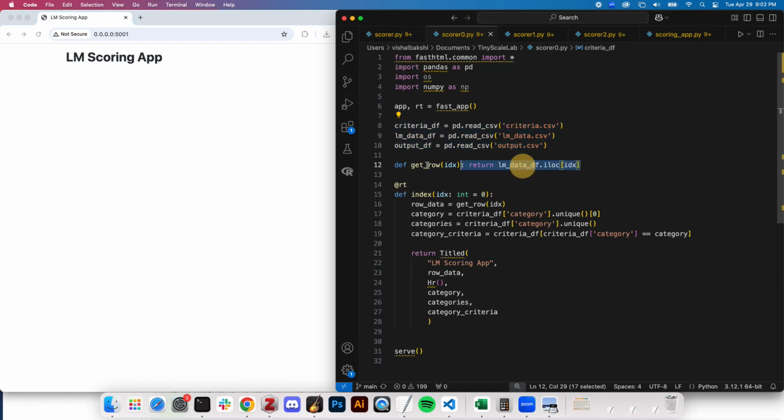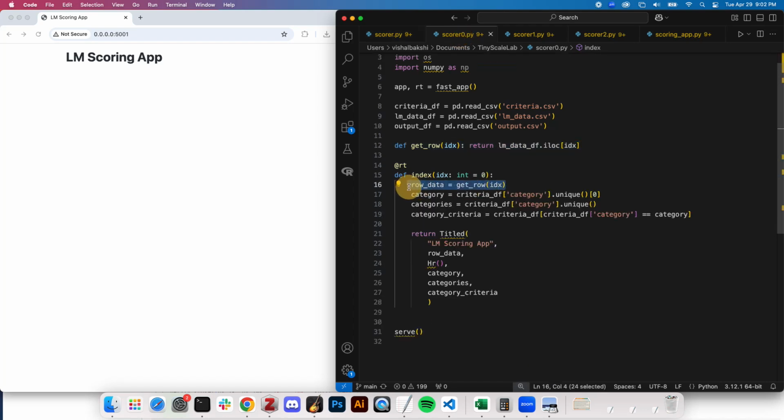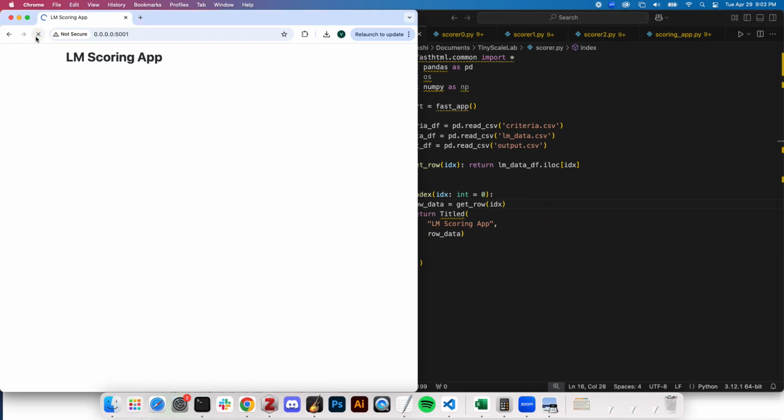The next thing I want to do is grab one row from my LM data. So I'm going to have this get row, which takes an index, and then it uses the data frame.iloc to return that particular row. And if you remember LM data, it has ID, category, prompt, completion, model name. And so I'm grabbing that information. Let's do one line at a time. So in my index, I'm going to grab the row data, and I'm just going to print it out as is. So if we hit refresh,